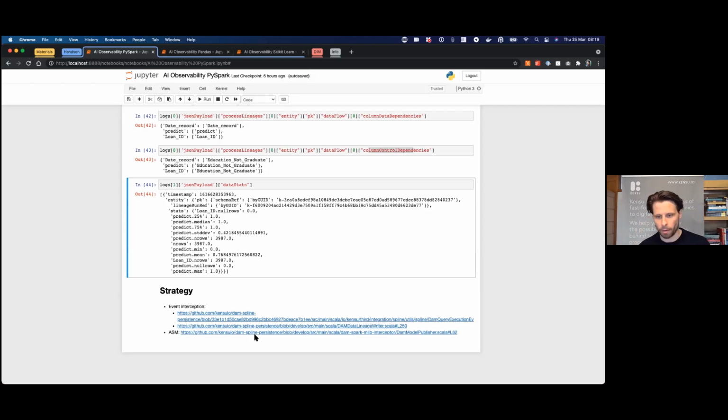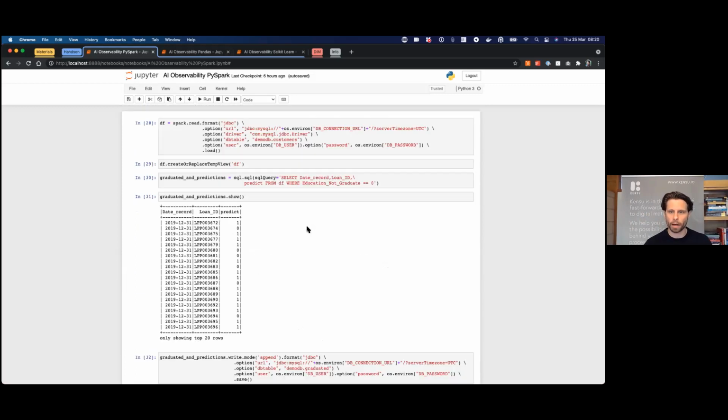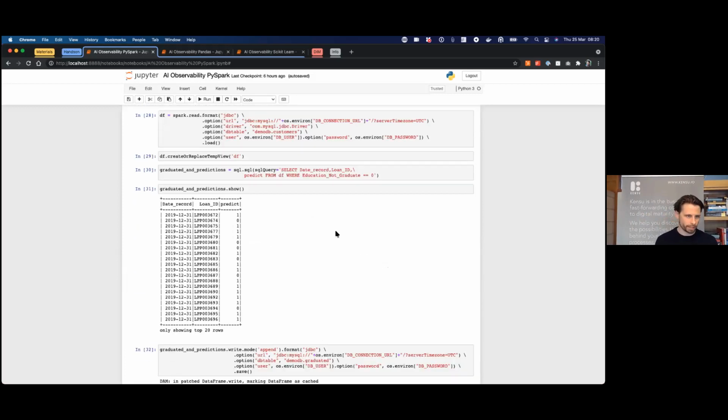So I won't dig into this code, but I will also deliver the notebooks, and when we open them, of course, you will have access to them. There is already some stuff which is open source, so there will be real stuff being provided out of that. What I wanted to show here is that if you want to use, I don't know, Flink, you can use the same strategy. If you want to use Beam, you can do it also, right? Whatever, it doesn't really matter. You just have to create this function, put it into your projects, and there are a lot of things that can be done automatically, right?